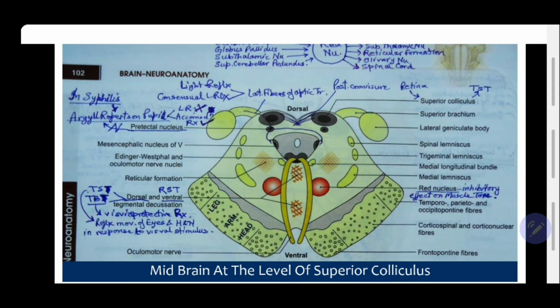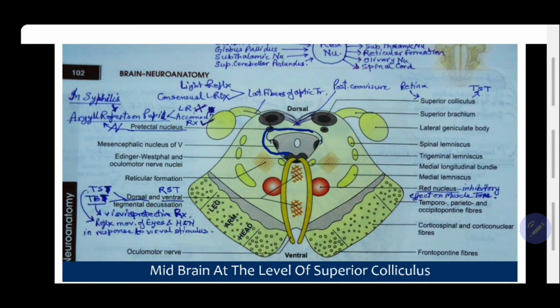Then via the superior colliculus, the fibers will relay in the pretectal nucleus, and from the pretectal nucleus, this has a little bit of correction here. These fibers actually reach down to here,